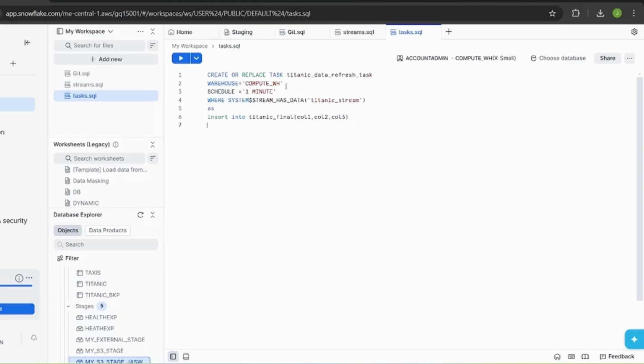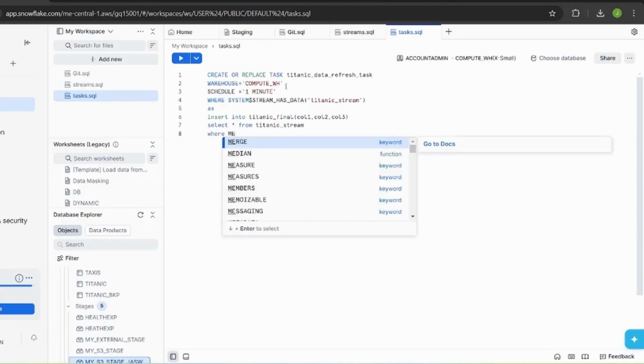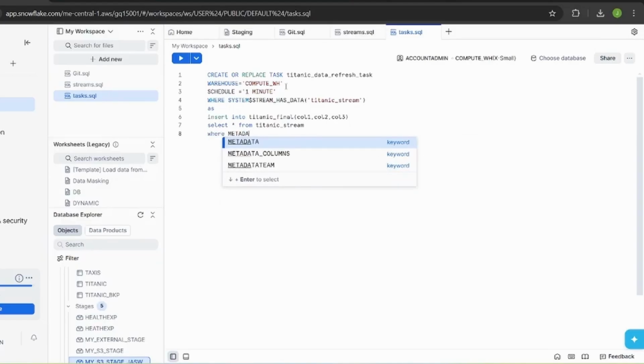And then I will mention a select query, select star from Titanic stream. This is the most important filter condition here, where I just want metadata$action is equal to insert. So this is one example of a task.